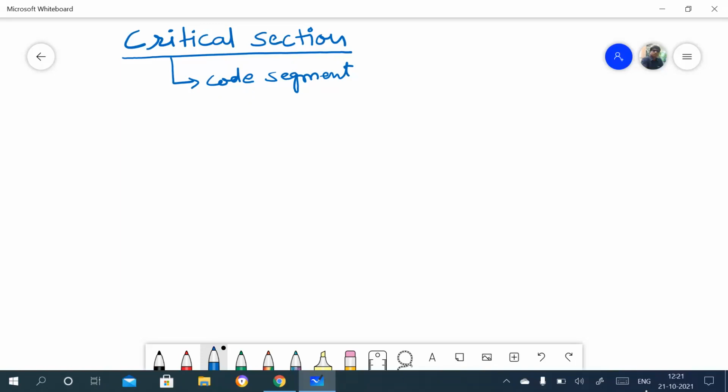Suppose this is the area, this is the critical section, and you have processes like P1, P2, P3 and P4.